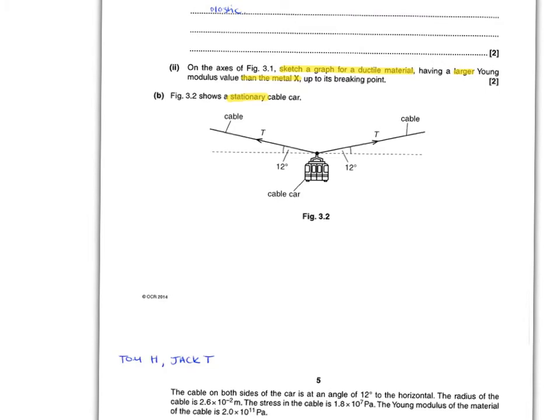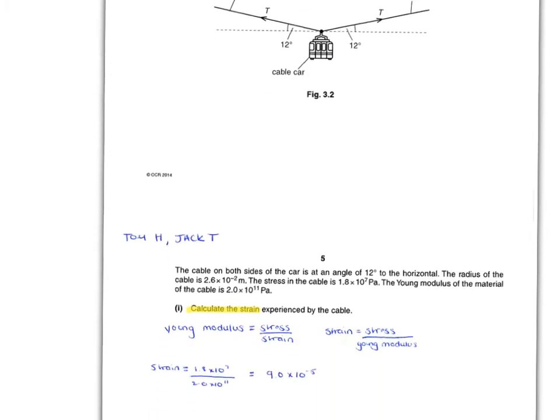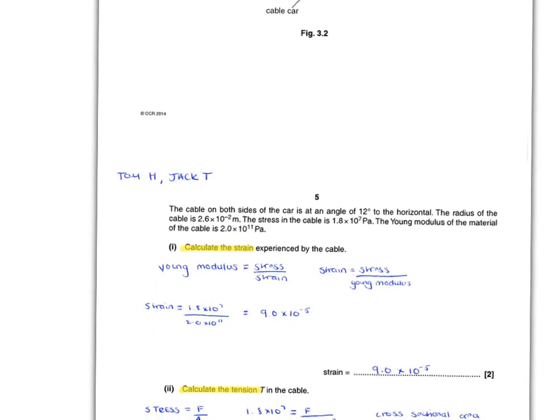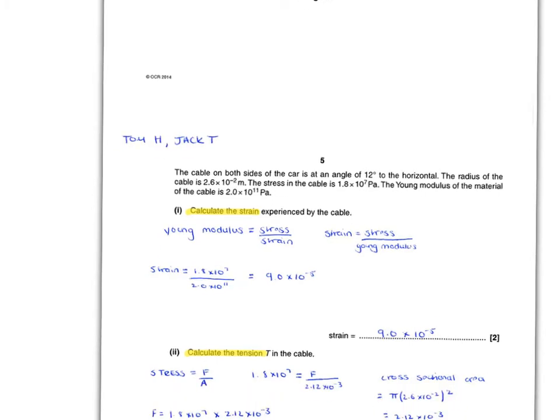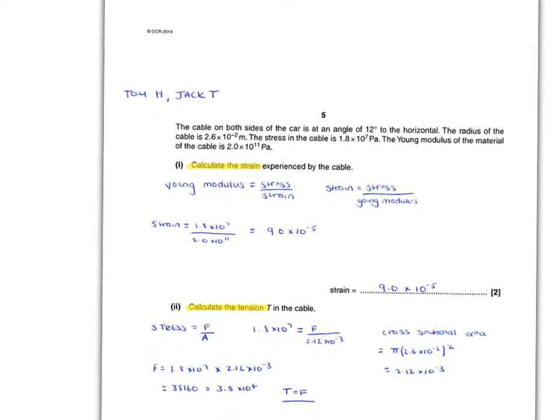For question 3B, it shows a stationary cable car. For question 3BI, you need to calculate the strain experienced by the cable. So if we start off with the equation Young modulus equals stress over strain, we can simply take strain over to the left hand side and take Young modulus over to the right hand side, which gives us the equation strain equals stress over Young modulus,